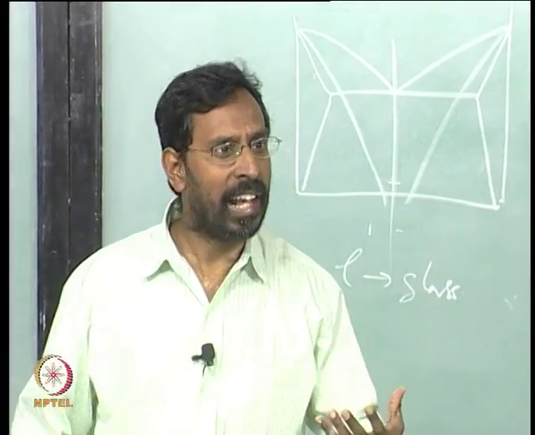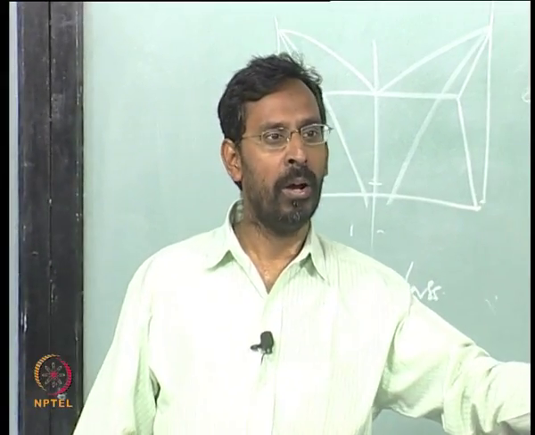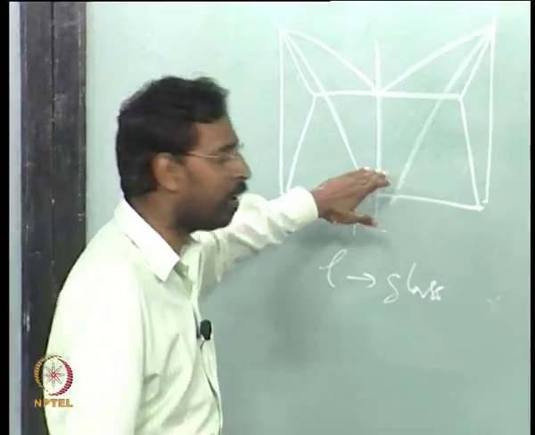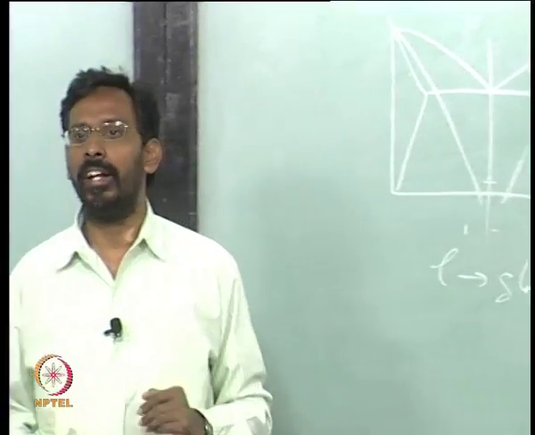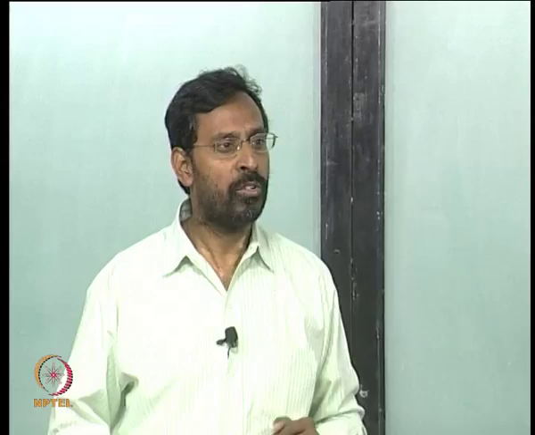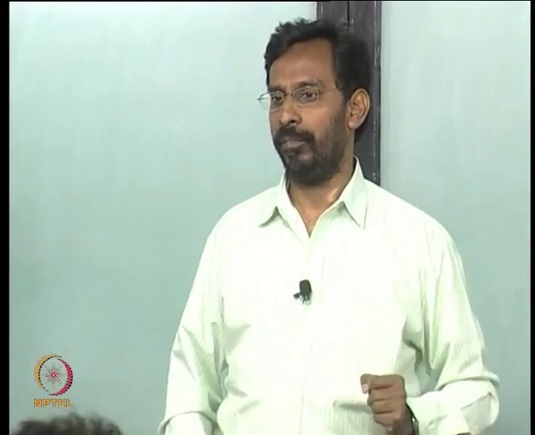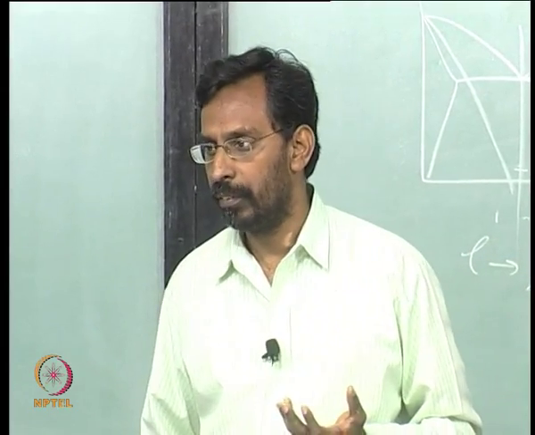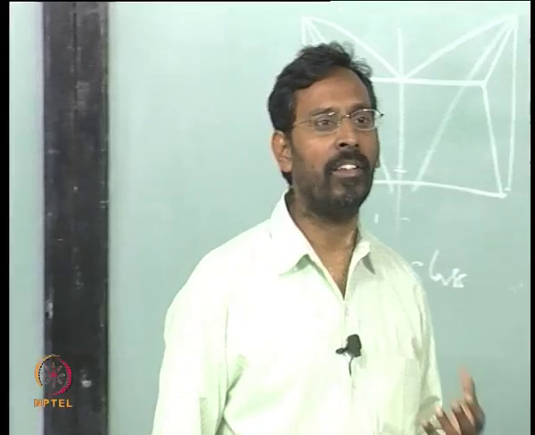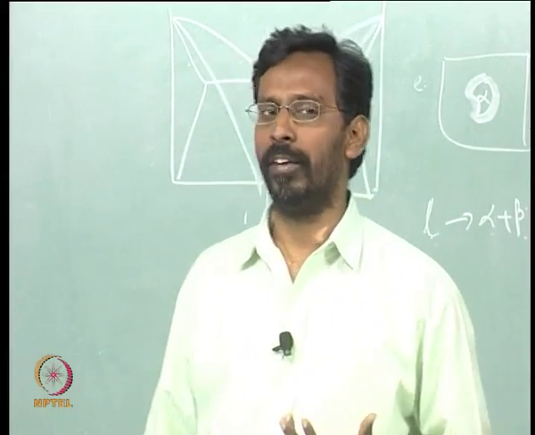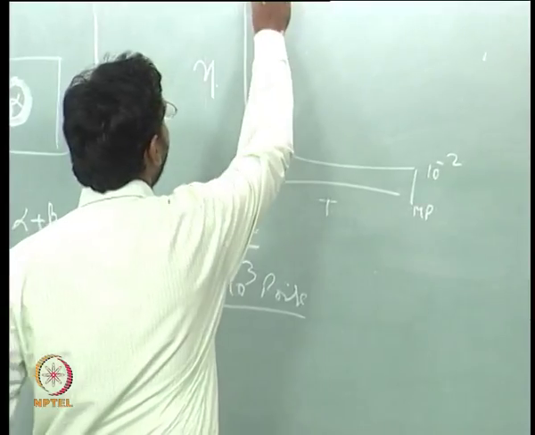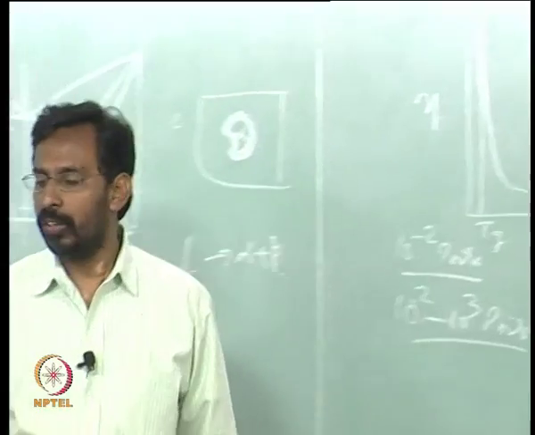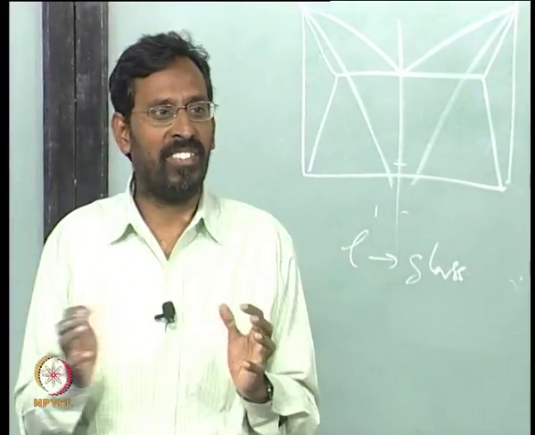So, it is mechanically a solid, it has a shear modulus now, but it structurally is a liquid, because you are at a temperature where no atomic rearrangements can take place. So, atoms remain where they are, that is why we call it a configurationally frozen liquid. So, a glass is what we call a configurationally frozen supercooled liquid. So, the moment you bring the liquid to this temperature, which we call Tg, you suddenly see that the liquid freezes into a solid,